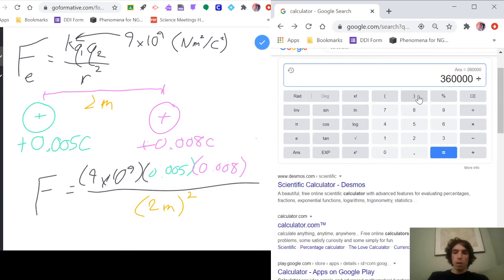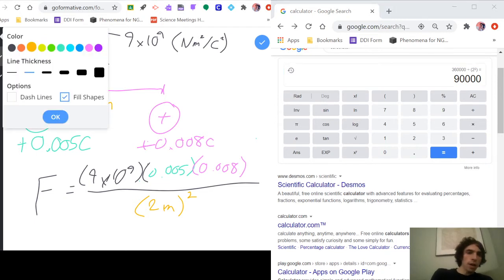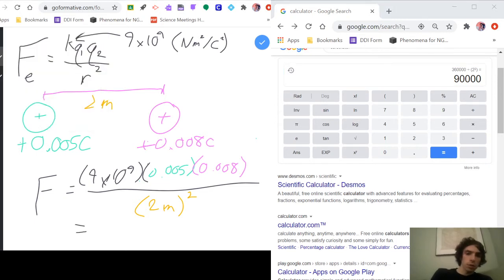And then I want to divide by, and I'm going to put this in parentheses. This is a good habit to get into, even though I know you all know what 2 squared is off the top of your head already. It's just a good habit to get into putting our distance there, whatever it is. I clicked this x to the y button again because we have another exponent, and that's 2 to the 2nd power. And then I'm going to hit enter and close parentheses. And that gives us our final force of 90,000. And again, I knew that this was in newtons because this is a force for us,